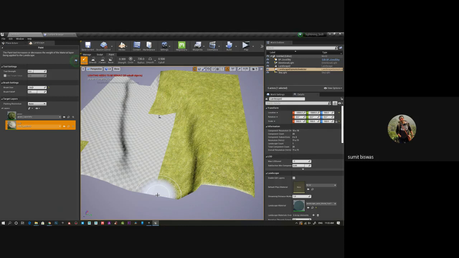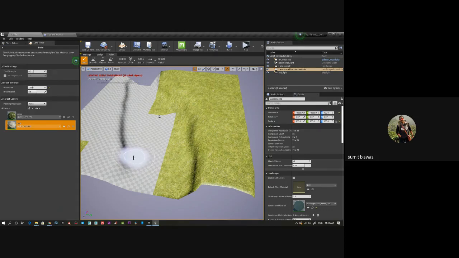Because your landscape has lots of variation. Some parts will be path, some parts will be rock, some parts will be grass or foliage. So suppose you have foliage, you need to add some grass at the base of that section, so it looks blended and looks nice. Otherwise it will be flat everywhere. So that's why we paint all those sections manually one by one.